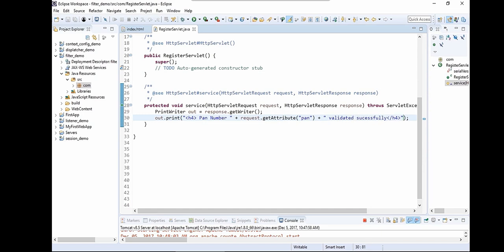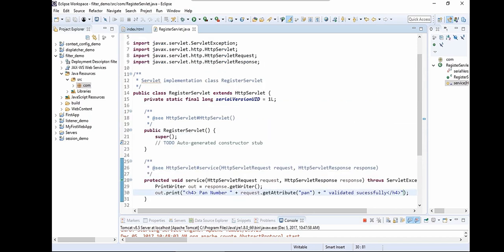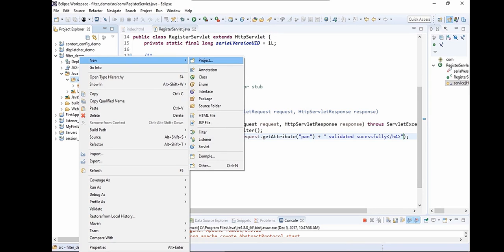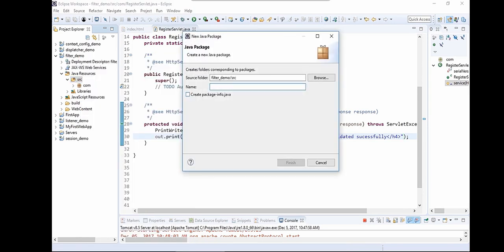Make this validated successfully. So here we have set up a servlet with a simple output method which says print. It just says the PAN number. We get the attribute PAN and we simply print a value which says validated successfully. Now to do the validation for the PAN number field, let's add a new package